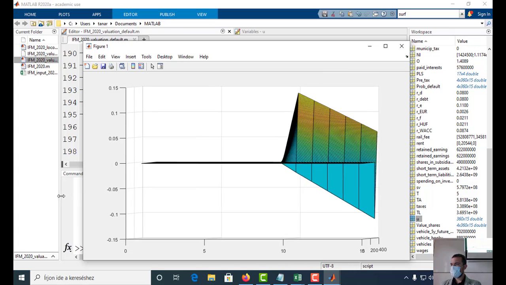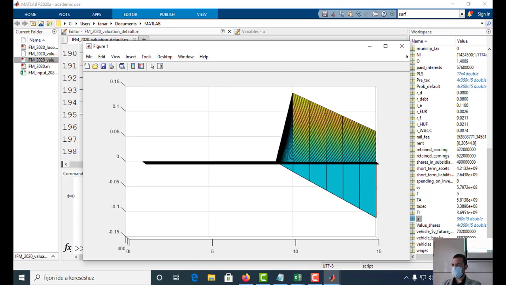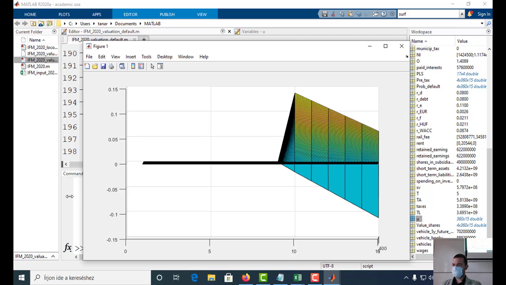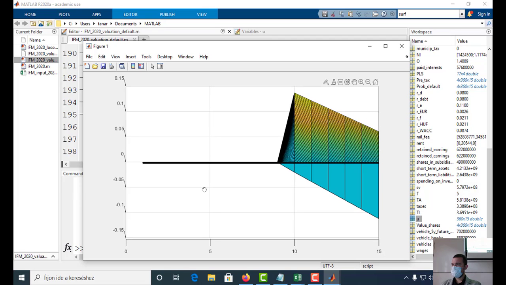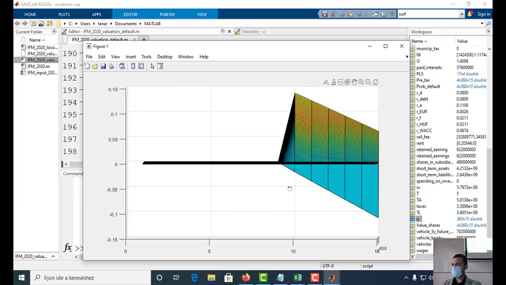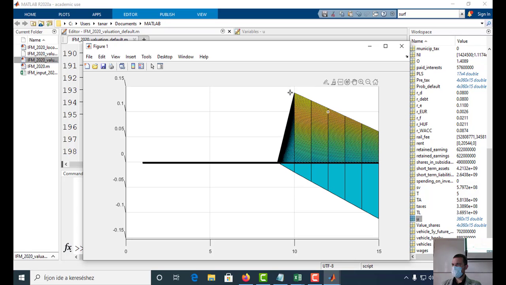But if we are looking from the other angle, from Czech koruna point of view, then we can see that it's going down, so it's also a linear function. But can we build a better and bigger tent, because we know that